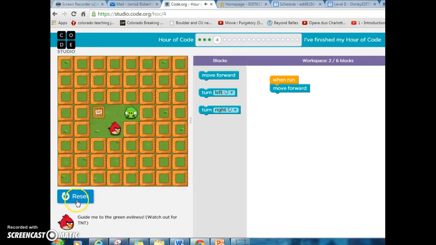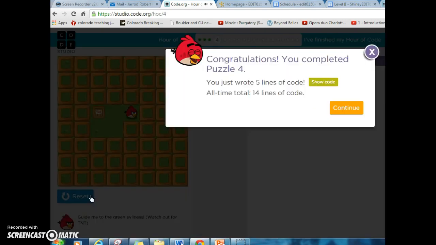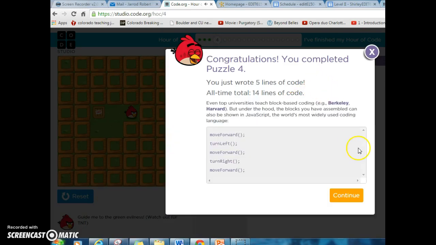We actually have to create it, and then the second C that I spoke of, the critical thinking, comes into play. Okay, well, if we're going to win, how do we do so? So I believe we're going to move forward. Move forward. How about we turn left, or there we go, move right, move forward, excuse me, turn right, and then move forward again to win. That is my guess. Let's see. There we go. So we won. And let's see the code. Great.